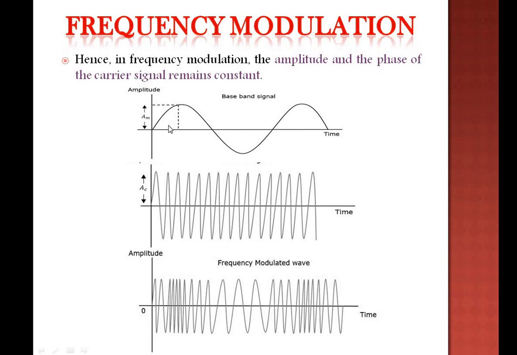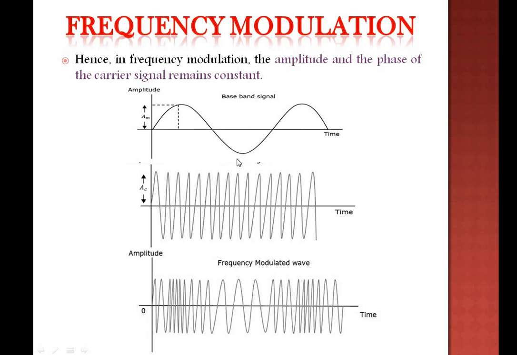Whenever the time period is more, the frequency will be less. So what we have said in frequency modulation is that the carrier will be varied in accordance with the amplitude of your message signal. In this part, whenever you have the maximum amplitude, the frequency will be increased. How will you know that? Your frequency is equal to 1/T. So you will be getting a number of pulses, right?